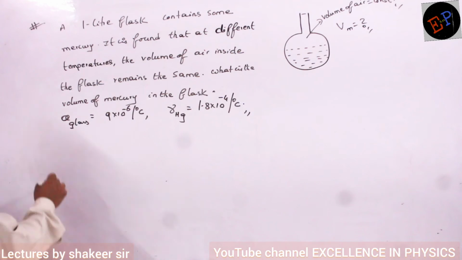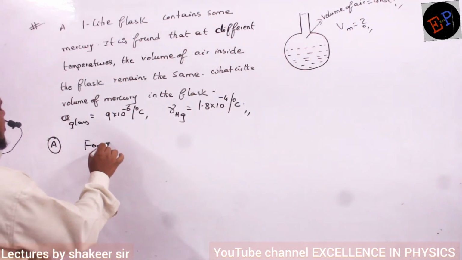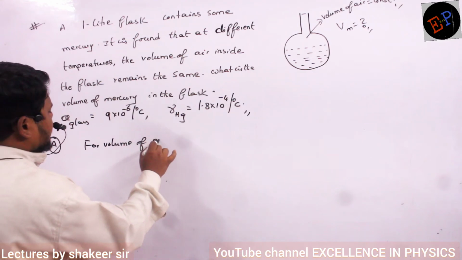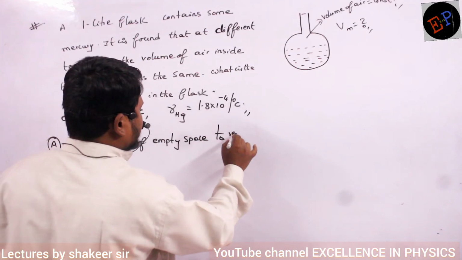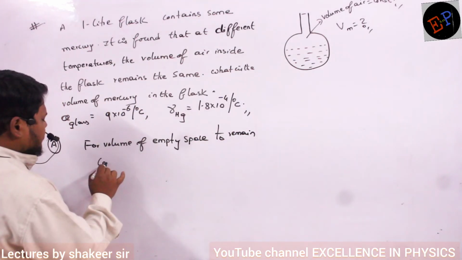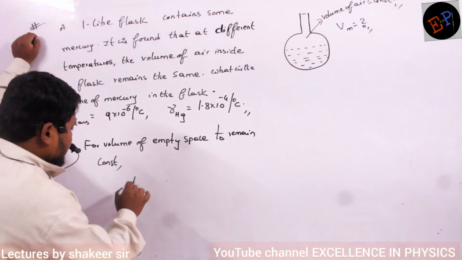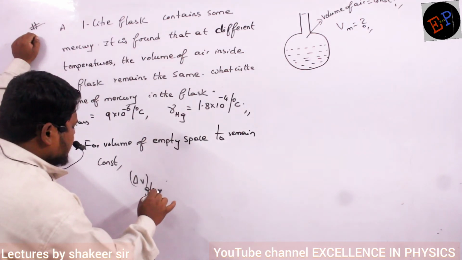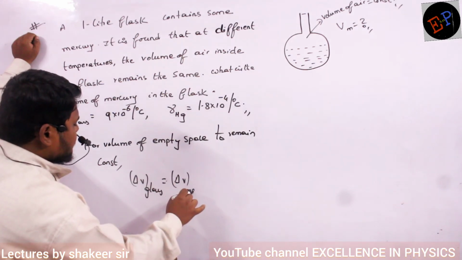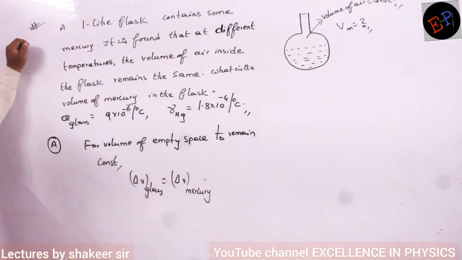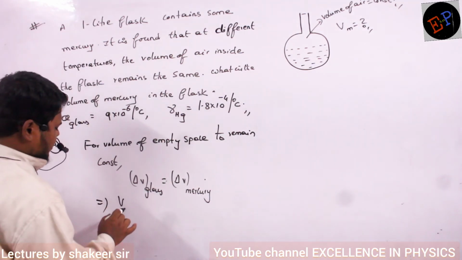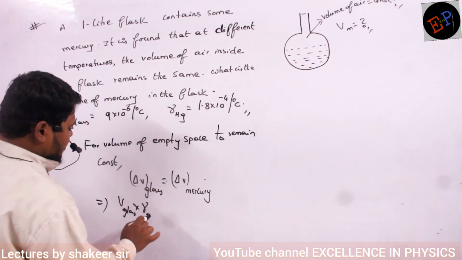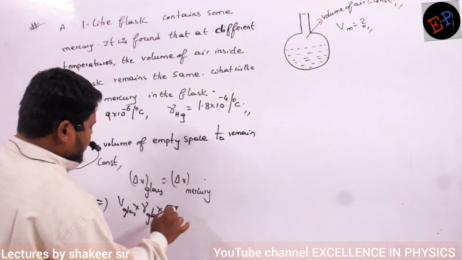Okay, ma? So therefore, for the volume of empty space to remain constant, what we have to write is: change in volume of glass is equal to change in volume of mercury. Then in this condition, air volume always remains constant. And delta V is V gamma delta T. So V of glass multiplied by gamma of glass multiplied by change in temperature,